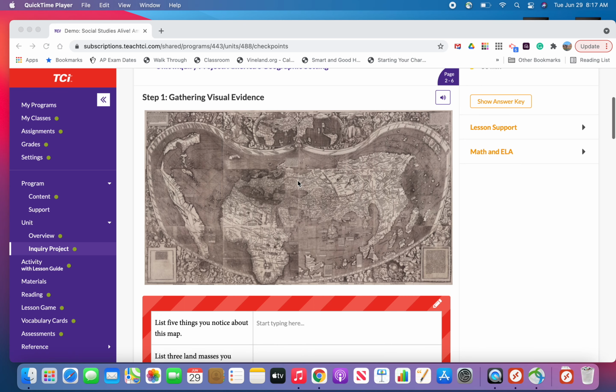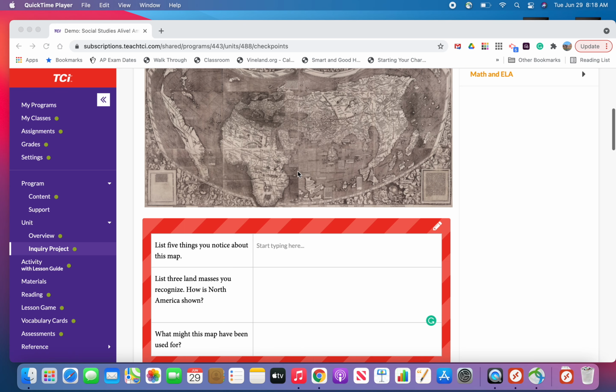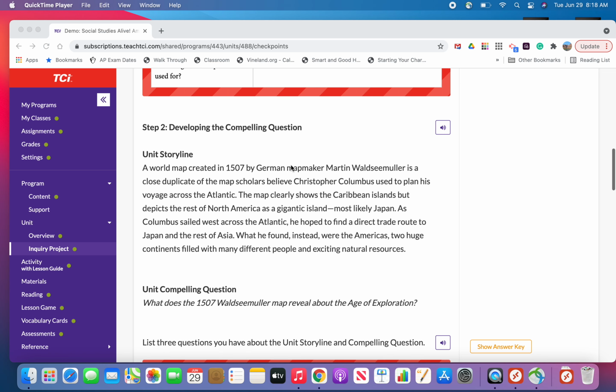And in this particular case, this is a map that was drawn up in the year 1507 by a German mapmaker. So it came from 1507, and it helps us understand what people who lived at that time thought that the world looked like. And in this particular case, scholars believe, if you read this, that this map was similar to the one that Christopher Columbus used prior to his voyage across the Atlantic Ocean when he came across what is now known as